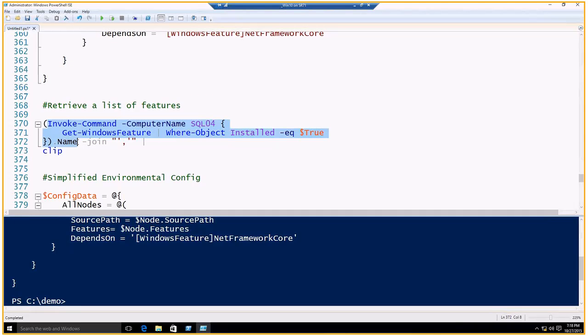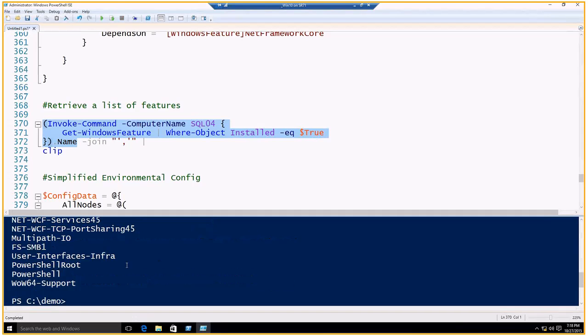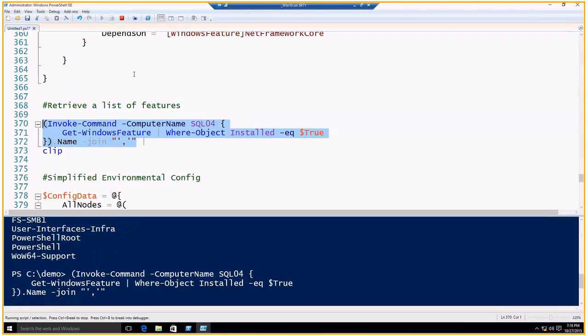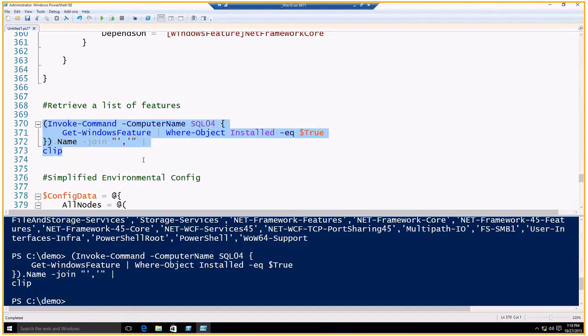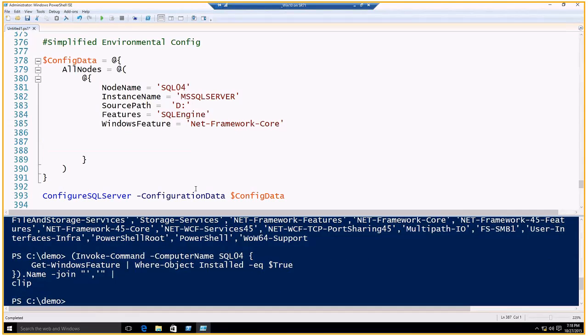Let's see. So if I got a name of these, and I would need that part. So let's get a name of all these 12 features, just like we did before. And if we specify join, we can actually get a comma-separated list. I've seen a lot of people jump through hoops to get a comma-separated list. So I can actually run this code and put it in the clipboard. And then what I can do,